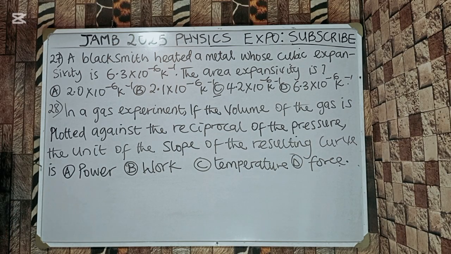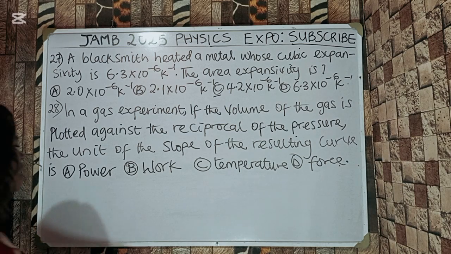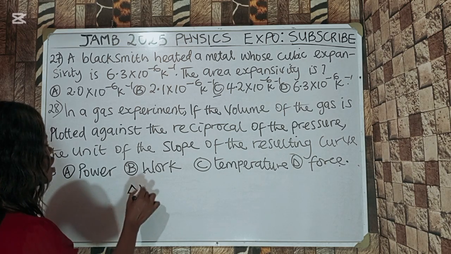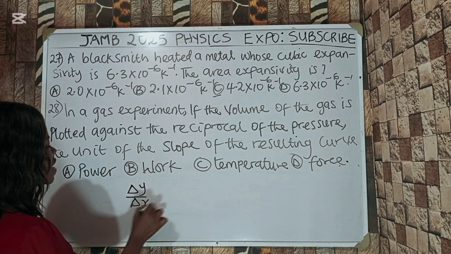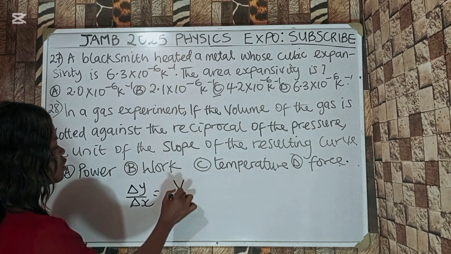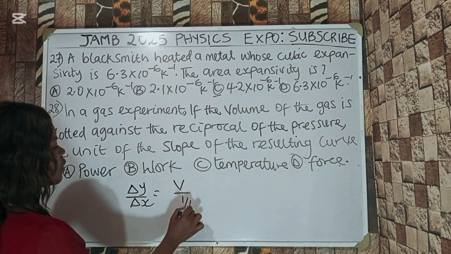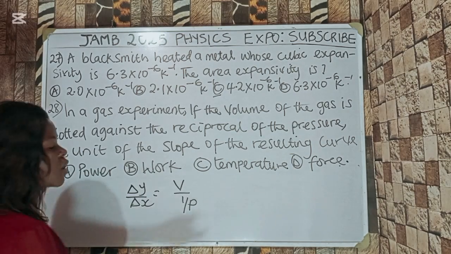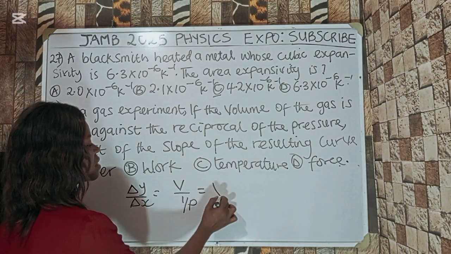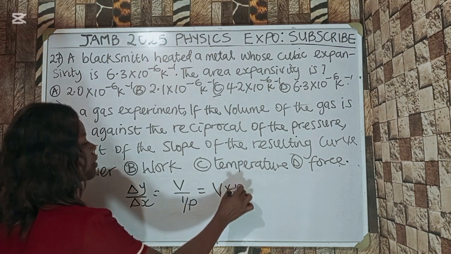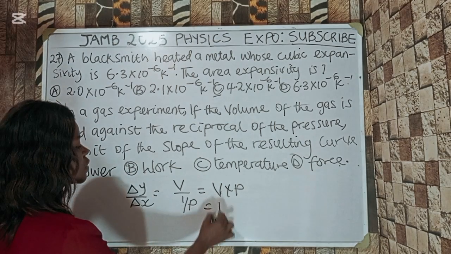They said in a gas experiment, the volume is plotted against the reciprocal of the pressure. So that means this is change in y over change in x, right? Then if you plotted volume against 1 over pressure, it is going to come up to be volume times pressure, which is the same thing as